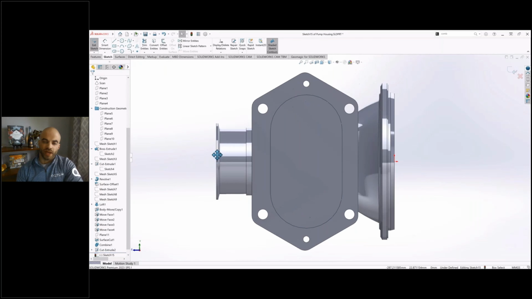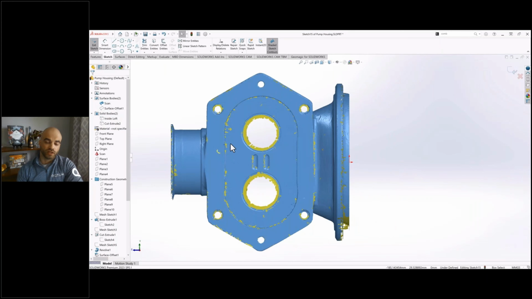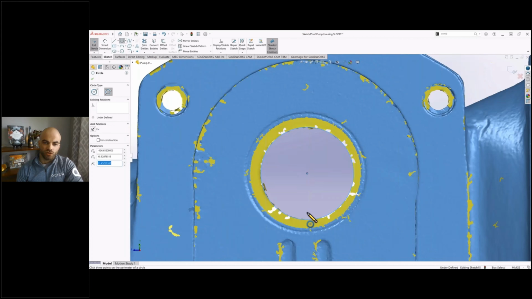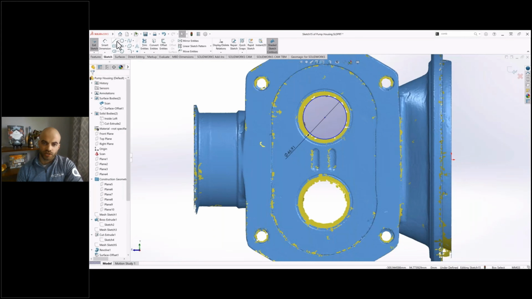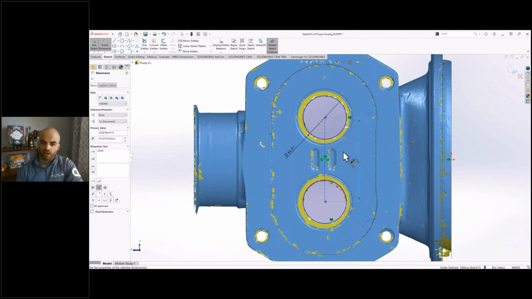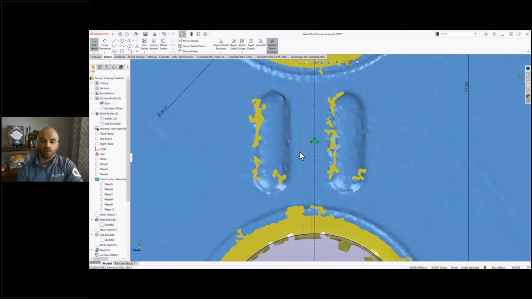So now that we have this center area chunked out, we've got two sets of features in here. We have these holes and we have these little slot indentations. To do the holes, instead of doing a mesh sketch, I'm going to do this kind of visual overlay, almost like a silhouette. And I'm going to preface this by saying, if you actually look at the scan data here, you